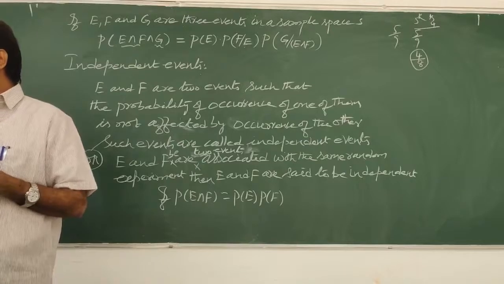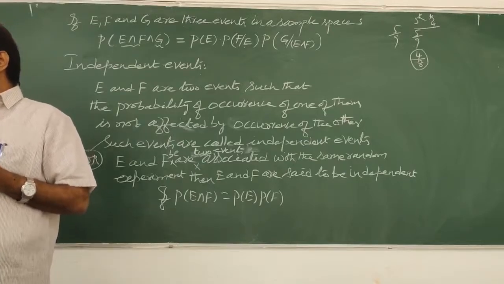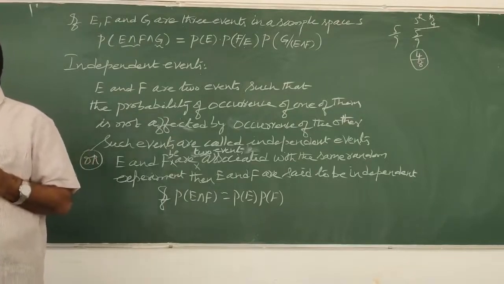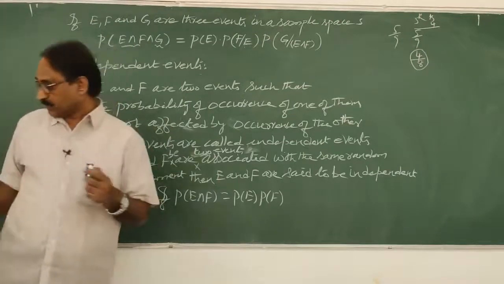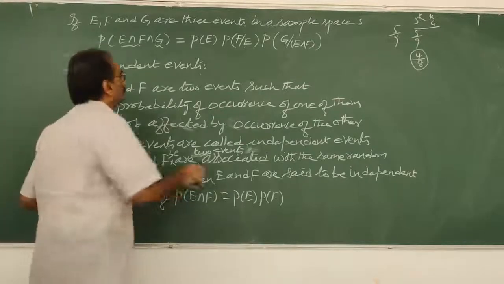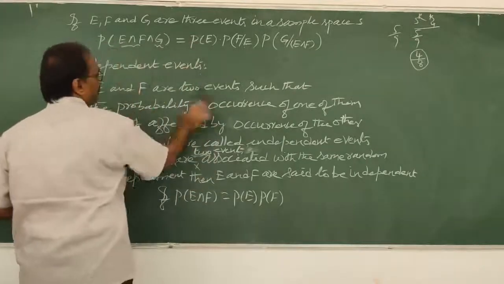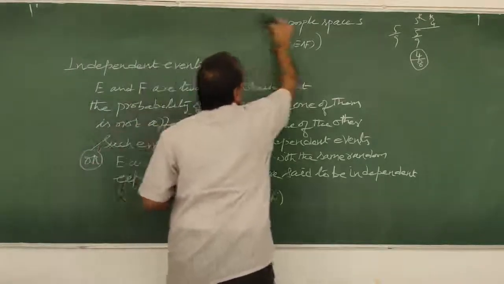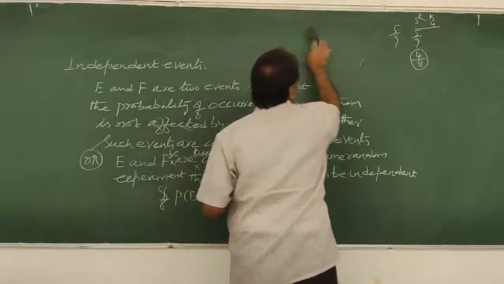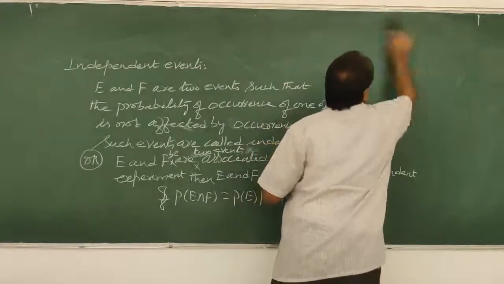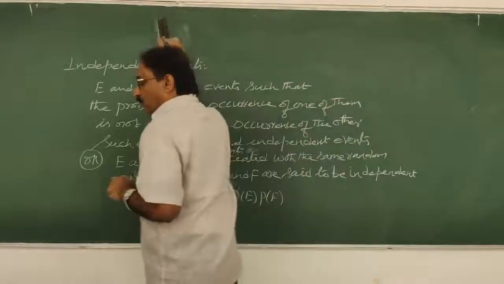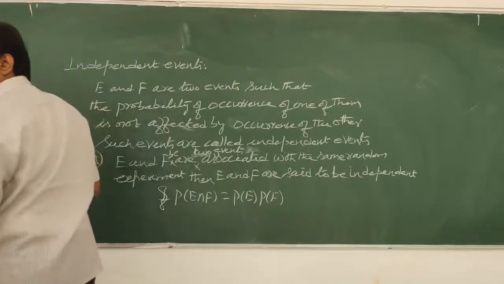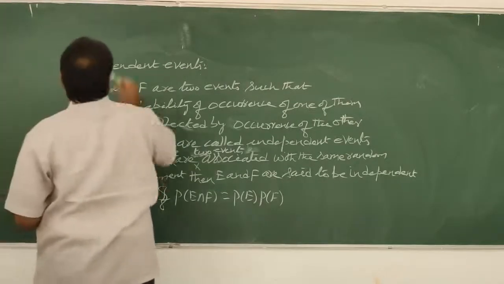Suppose three events are there. Three events A, B, C are said to be mutually independent if... when it is possible, I will write that also, so that we can go to the next point. So here, independent events over, so this statement I will rub off. In independence only two, as I said. So three are there. Then how? See now, three events A, B and C are said to be mutually independent.